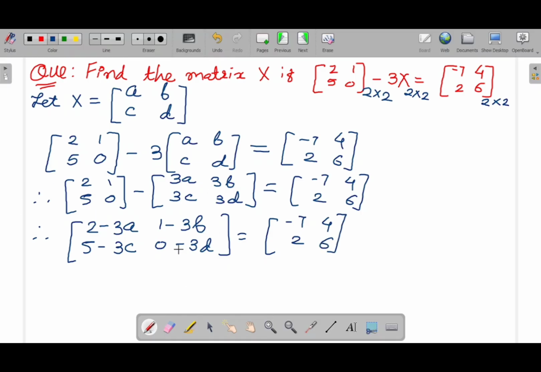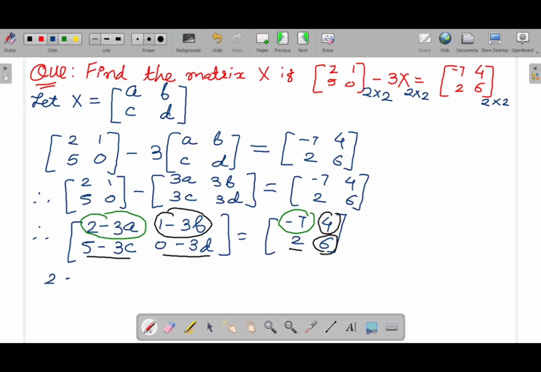Now you understand these two matrices are equal. You can see this equality sign in between. That means the corresponding elements are equal. Now again I'm explaining what corresponding means. So here 2 minus 3a corresponds to -7. Similarly, 1 minus 3b corresponds to 4. 5 minus 3c corresponds to 2, and 0 minus 3d corresponds to 6. So if we compare them,